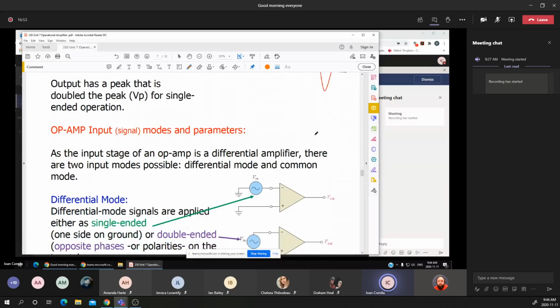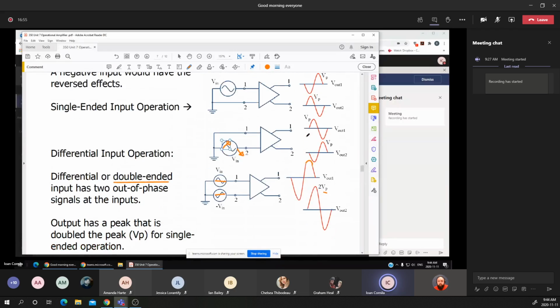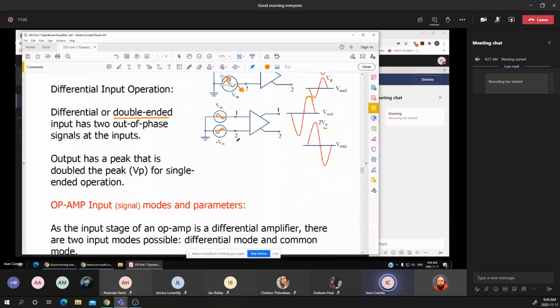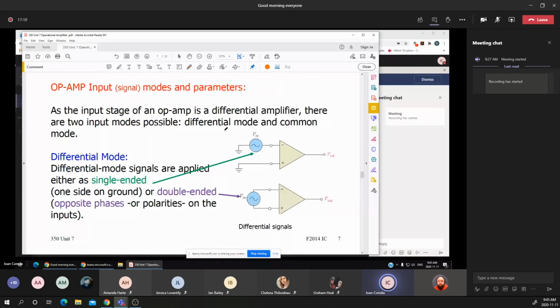Now, because of this assumption, and that's why I'm introducing the effect of having the voltage applied in one of the two inputs, at the end I will apply two identical voltages, except that the two input voltages are 180 degrees apart, because now I'm going to